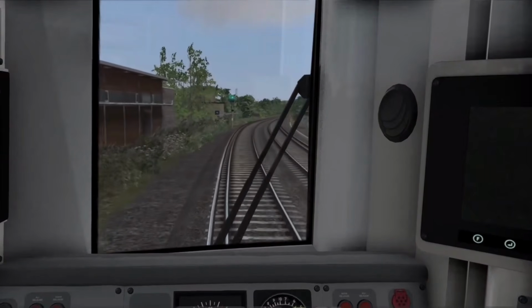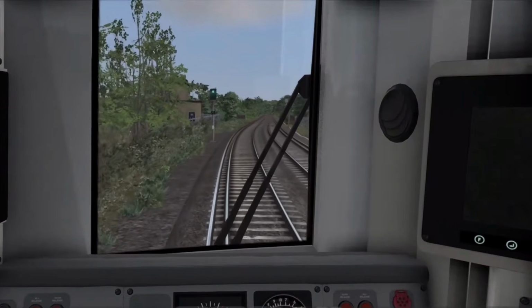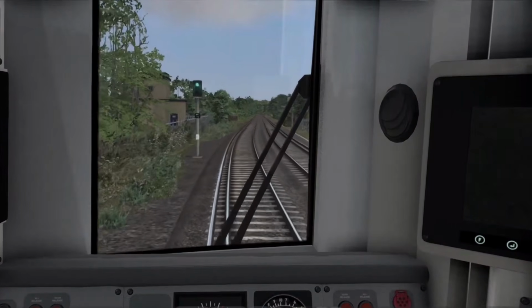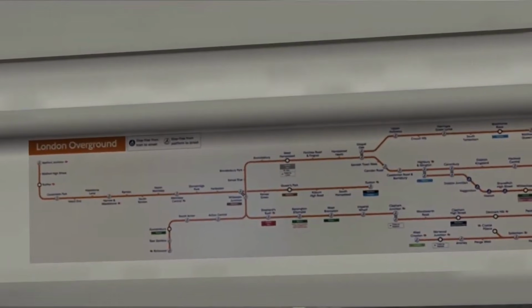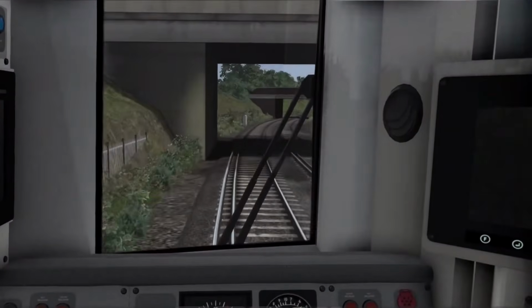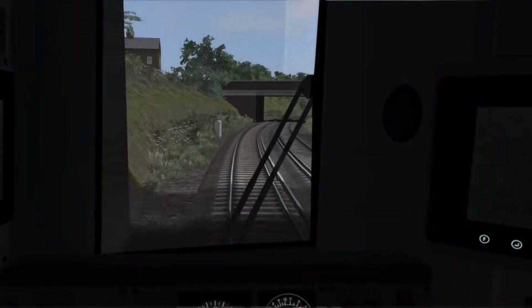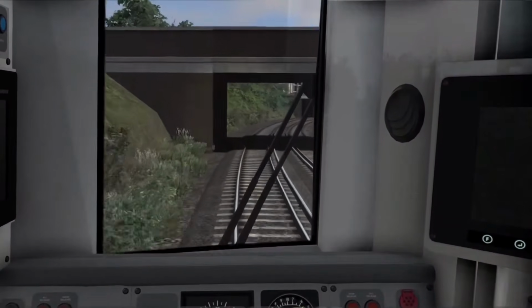This, for example, is a virtual cab ride between Watford Junction and Watford High Street. It's now part of the London Overground, and it's notable for departing the main line north and taking a diversion via Watford High Street,